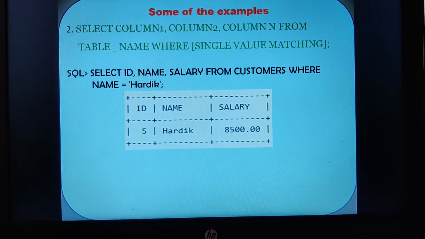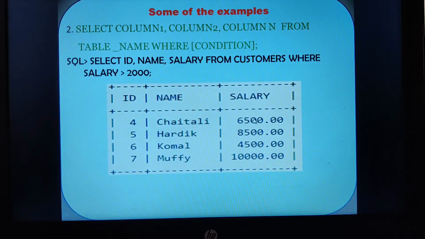Moving on to the next example. I think this is the previous example I had taken: select register number, then name, from student where name is equal to Rajesh. I had taken select register number from student where name is equal to Rajesh. So when I gave that particular matching, I clearly mentioned the name to be Rajesh in my previous example.